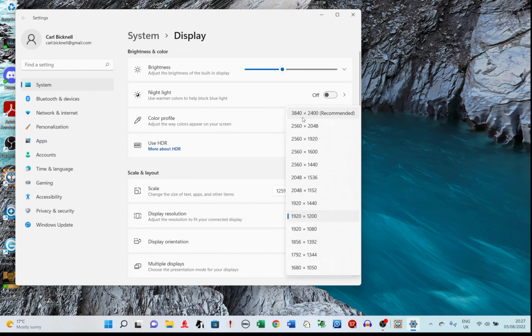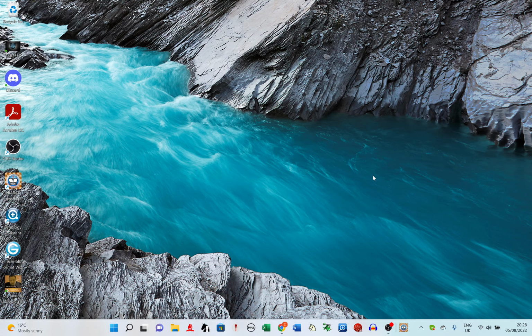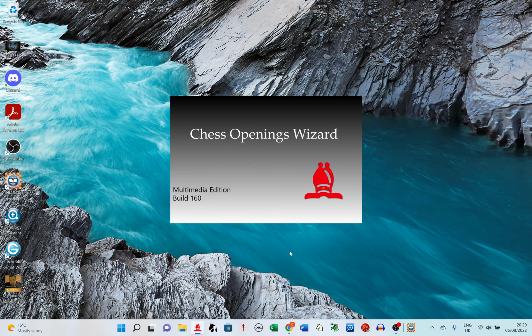Now let me show you what happens when I change the resolution. Okay, I've adjusted my resolution now to its native resolution, and I can't get Chess Position Trainer to run, really. It will open up, but everything is mangled. Some of the buttons are unreadable. I've tried everything. I've tried adjusting the font sizes, you name it, and nothing seems to work. It's just garbled. Whereas Chess Openings Wizard, which looks like this,